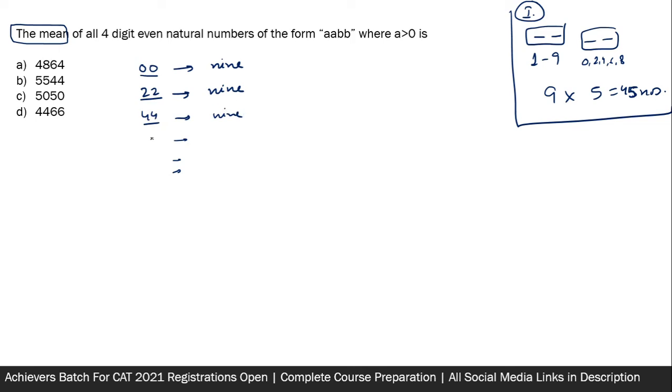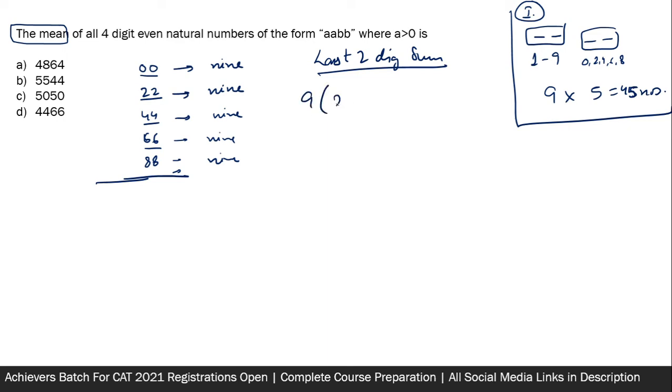Same fashion, if you have to find the sum of all such numbers, it will be like calculation of last two digit sum. It will be like 9 times adding 22, 44, 66, 88. Okay, taking 22 common, it will be like 1 plus 2 plus 3 plus 4, which is 10. So this is your calculation, 1980. So the last two digits will become 80 and the remaining 19 will become the carried over.